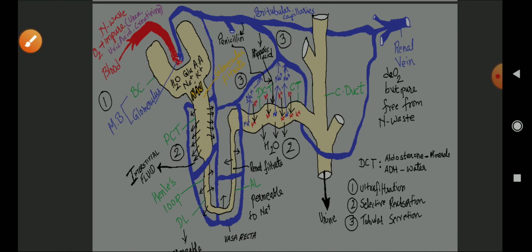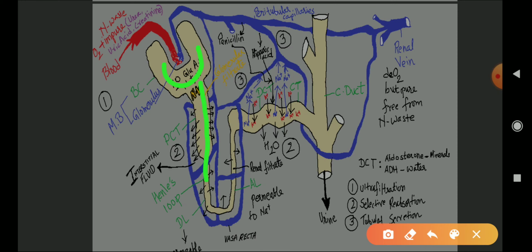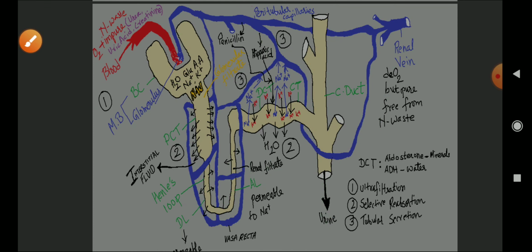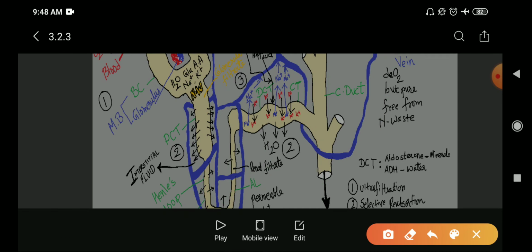So this portion, what you are seeing here, is going for the urine, and then the urine is going into the ureter, where it is expelled out of the body. While this one, the blood capillaries, are retained back. See, the blood capillaries which are forming here and there are getting back into the blood circulatory system. So whatever amount of good substances are lost are required to be brought back into the blood to maintain the blood volume and density. So first of all, it starts with what? The proximal convoluted tubule. This is the proximal convoluted tubule.